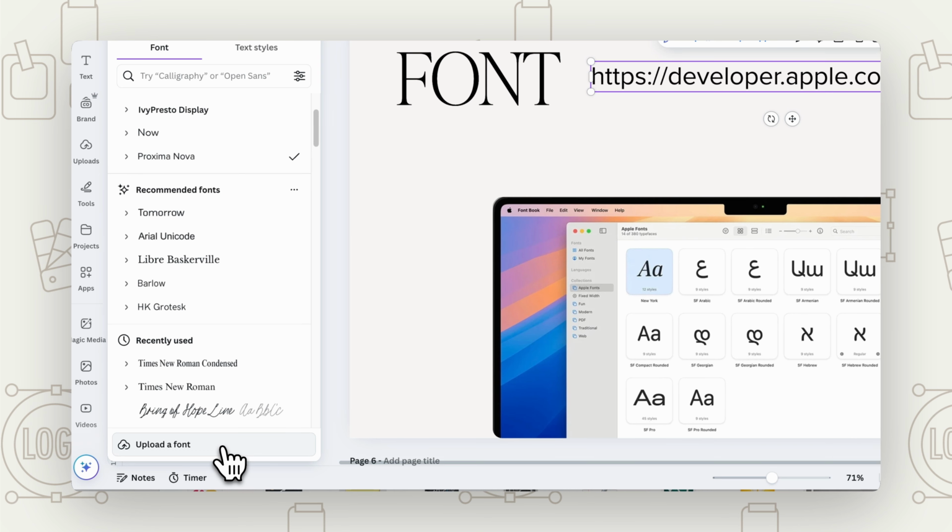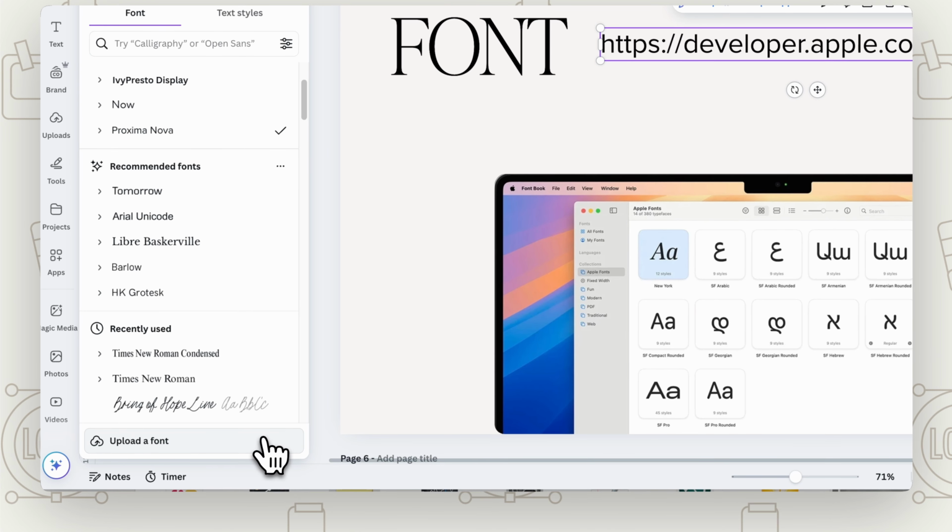Now again, this is a pro feature. So as I have said, using pro is really going to help you with this particular style. If you are using free Canva, I think it's going to be a little bit more challenging, but you can use other fonts that look similar. It's just going to be easier to create something that looks very genuine to this style if you do have pro. So you just need to go to upload a font, pick that file,